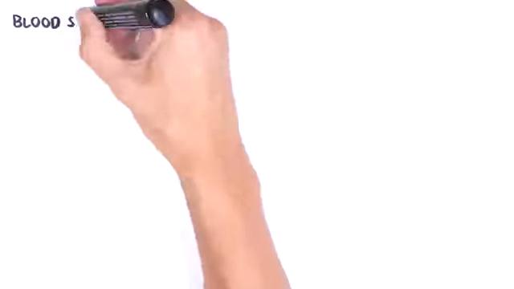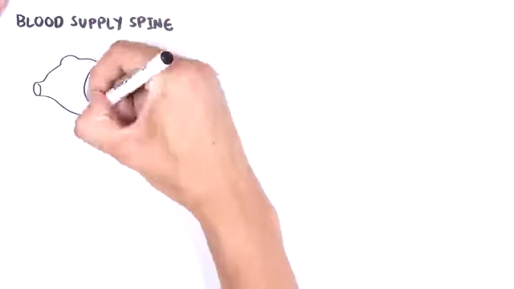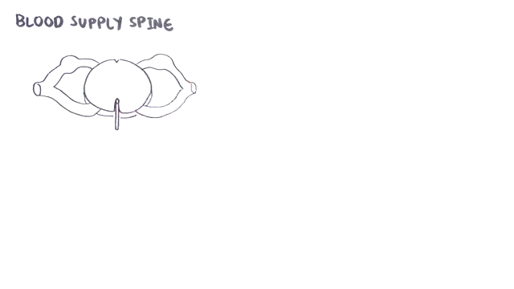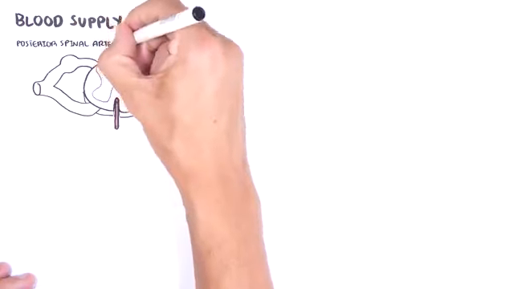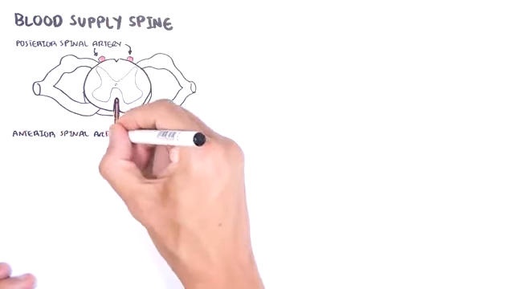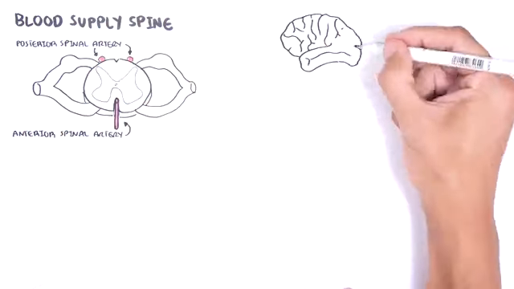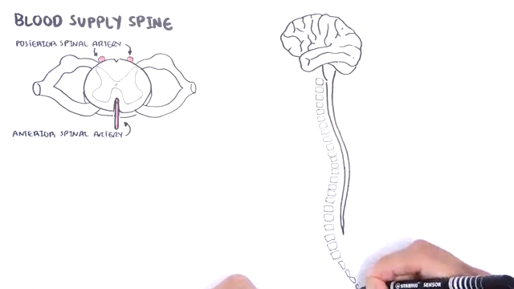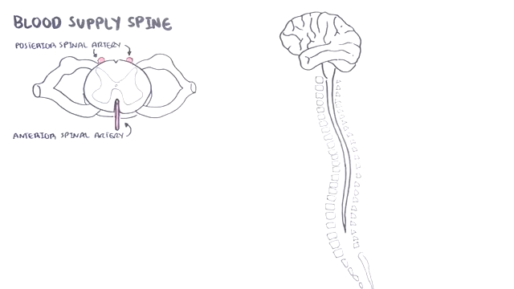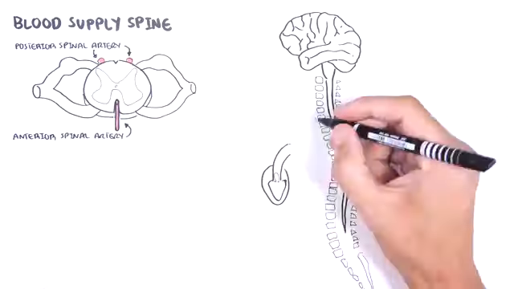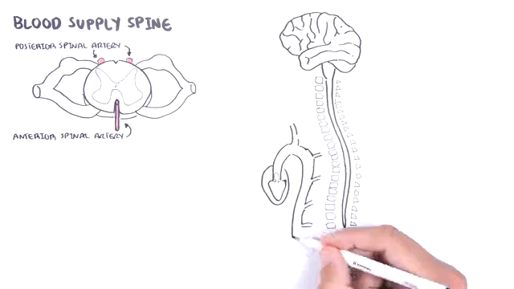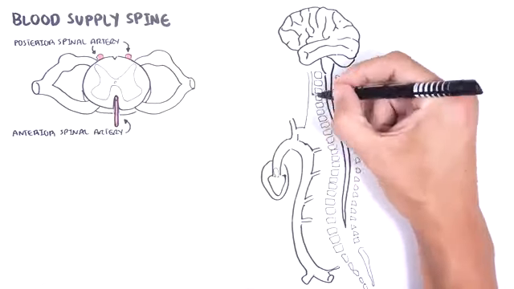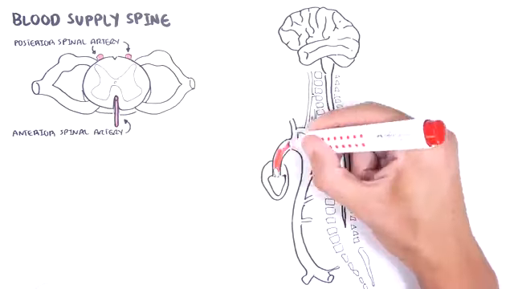Let's talk about the blood supply to the spinal cord, which we already briefly mentioned. The spinal cord receives two main blood supplies, the two posterior spinal arteries and the anterior spinal artery. These arteries run along the spinal cord. The posterior and anterior spinal arteries are branches of different arteries depending on the segment or the section of the spinal cord. So for example, the upper spinal cord,